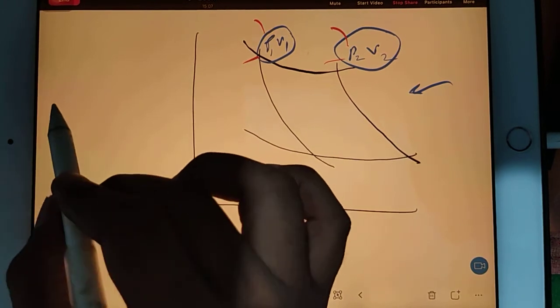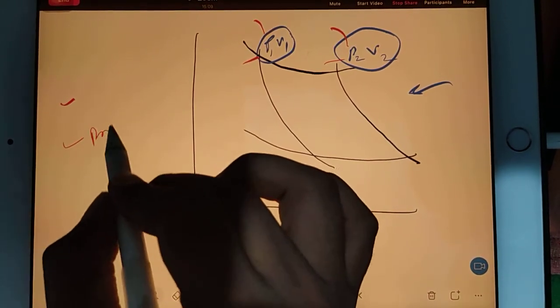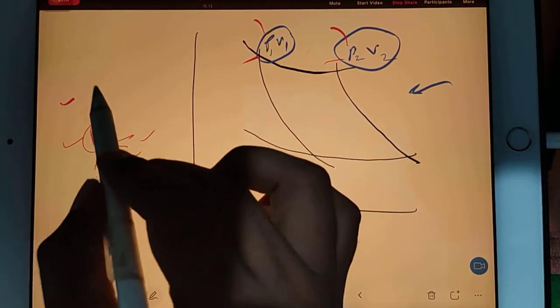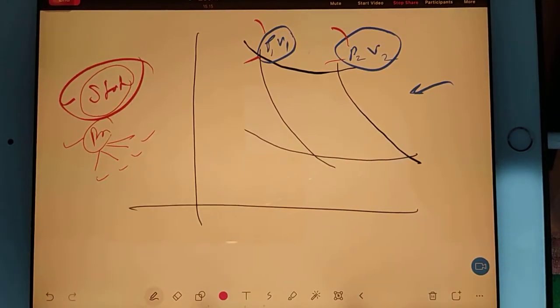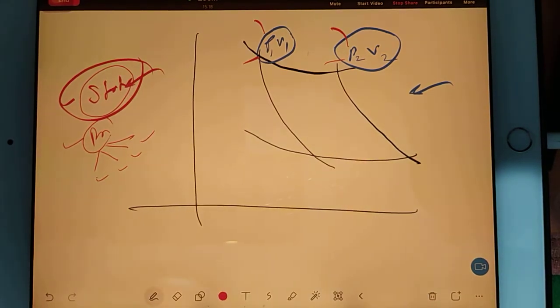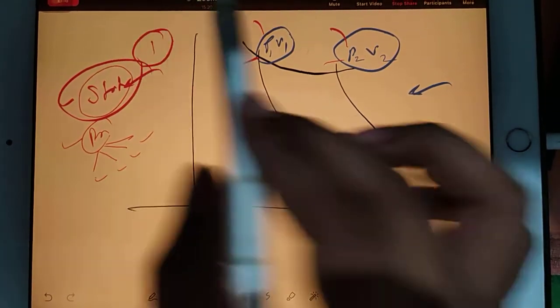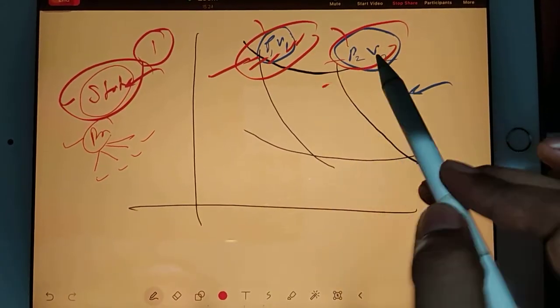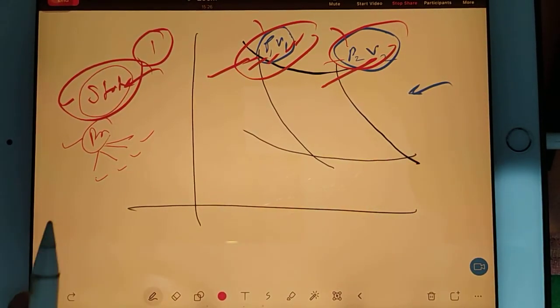See guys, there is a difference between property and state. Property means either pressure or temperature or volume or density. These are known as properties. But when you say state, state means everything, all the properties together. Like right now, your pressure, temperature, volume, density, everything is your state 1. Then state 2, then state 3, like that.